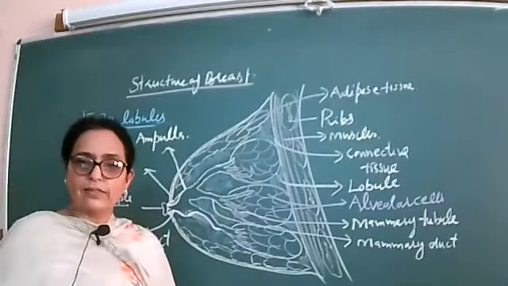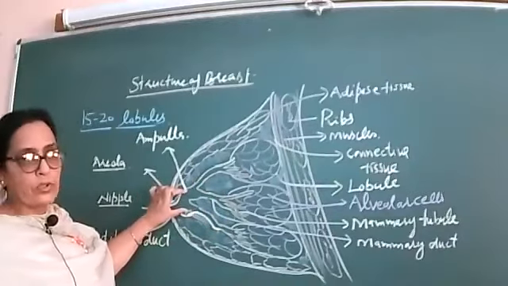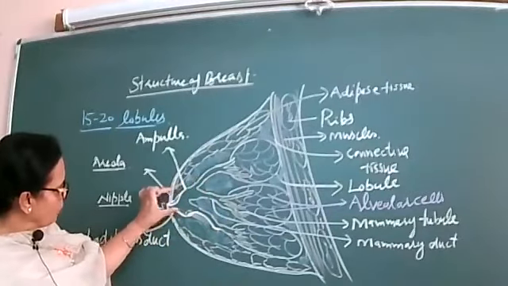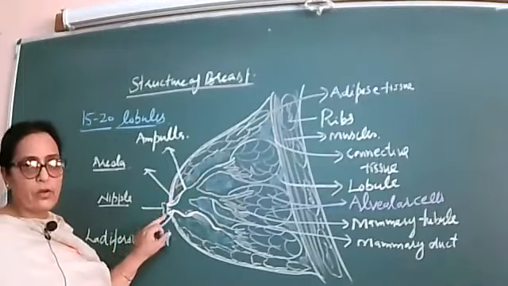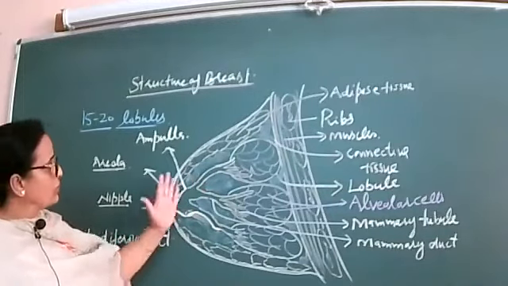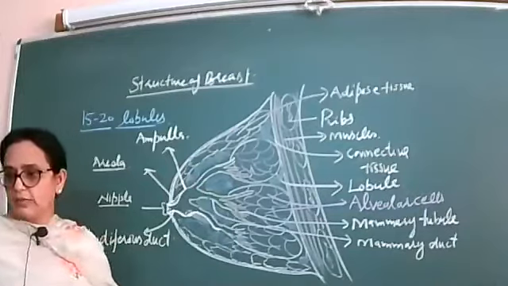Once again, beta, just to summarize, basically the breast is formed of the lobules. Lobules do have a special type of cell. Alveolar cells are there, which are secretory in nature. They secrete the milk, and from these, the small ducts, mammary tubules, first originate. They will join to form the mammary duct. Then all the mammary ducts open up into the ampulla, and the ampulla through this small duct will open in front of the nipple, right? So this is all about the structure of the breast.